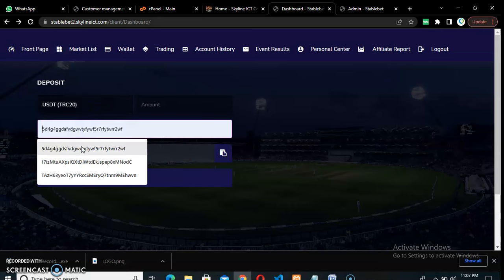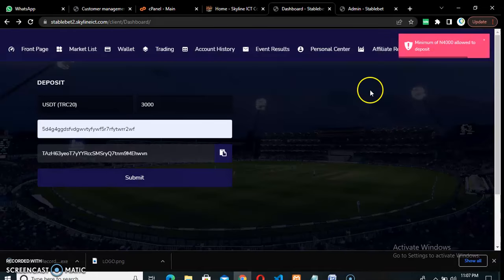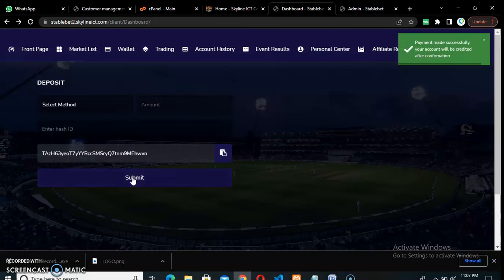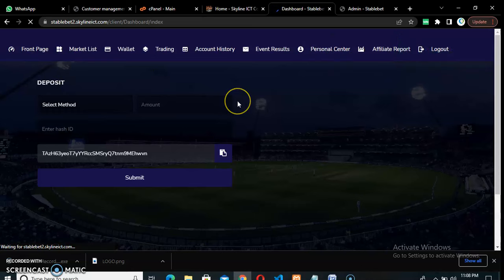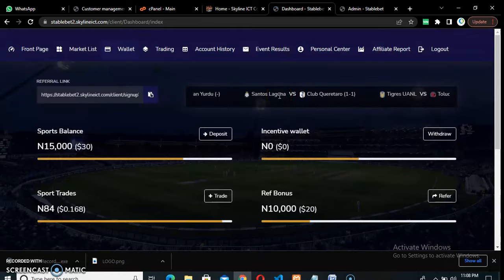Okay, they're asking for the hash. Let's say I'm funding $300. Okay, a maximum of 4,000 is allowed. I think we're going to be fixing this. I've not actually converted this yet. You will be credited after confirmation. I've not actually done all those USDT things, changing naira to USDT, so we're going to be doing that later. So now I have